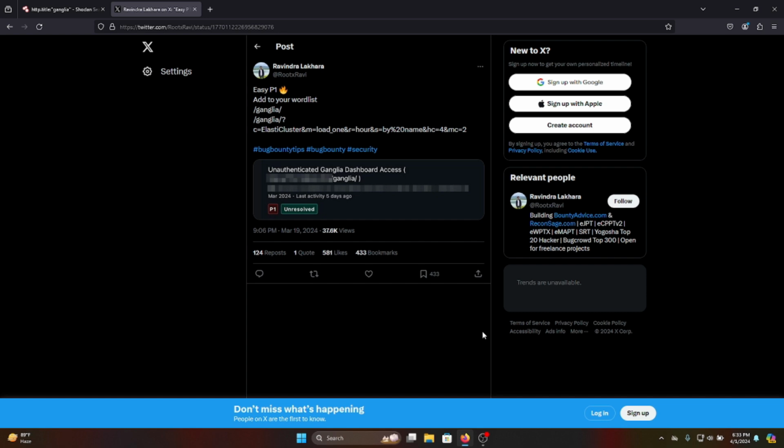It's like having a special tool to make sure all the computers in a group are working properly and doing their jobs well. So basically, it monitors the CPU, memory, and other things, and shows it in a graph. So a person or an administrator can easily understand what is going on with the multiple machines which they set up in their organizations. So I hope you guys understand what is Ganglia. So now, moving to the